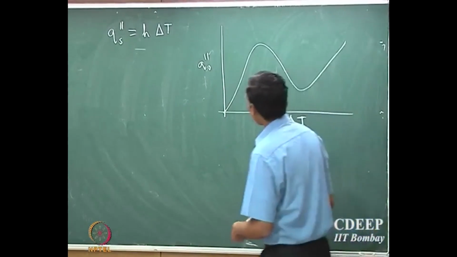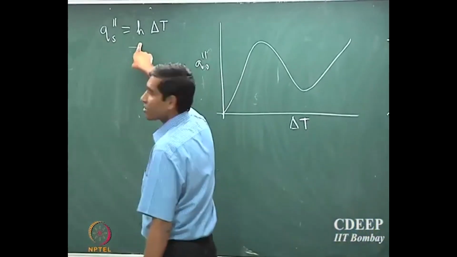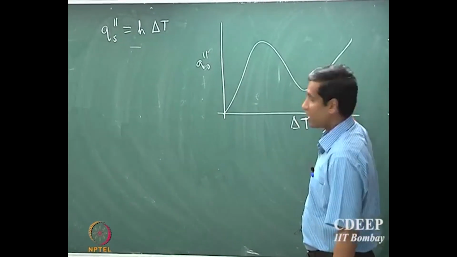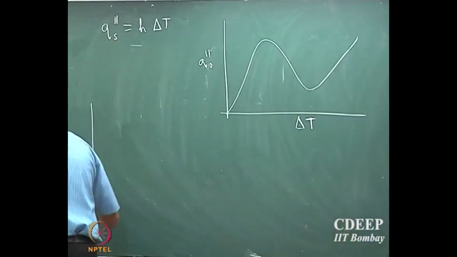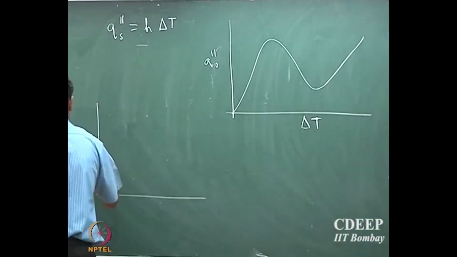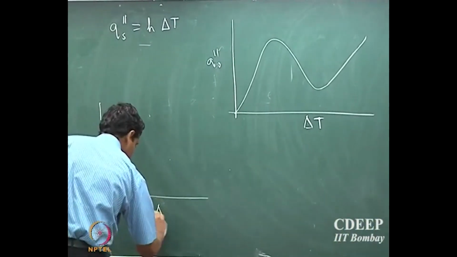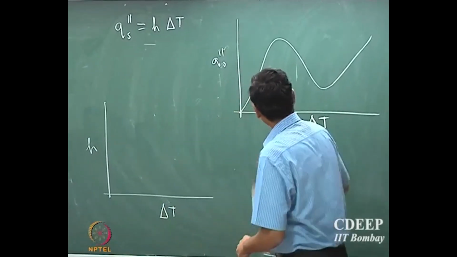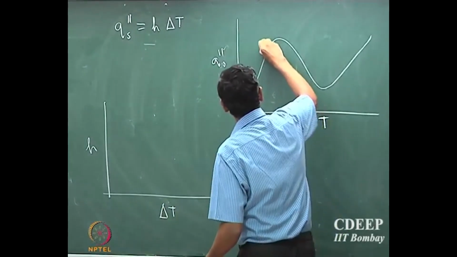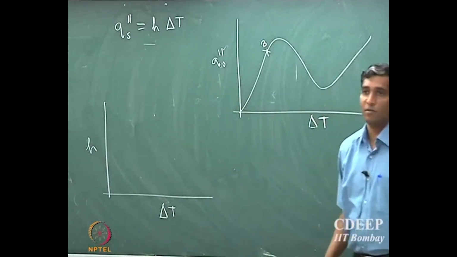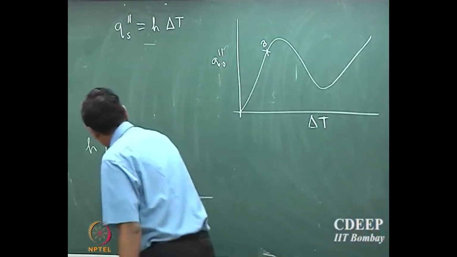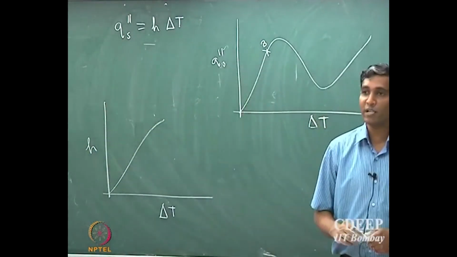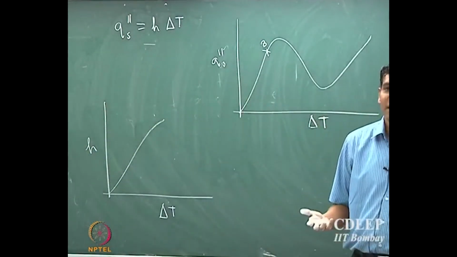H can be directly calculated from the boiling curve. So if I plot H versus delta T, then till the inflection point, if I call this B, the heat transport coefficient will continue to increase,